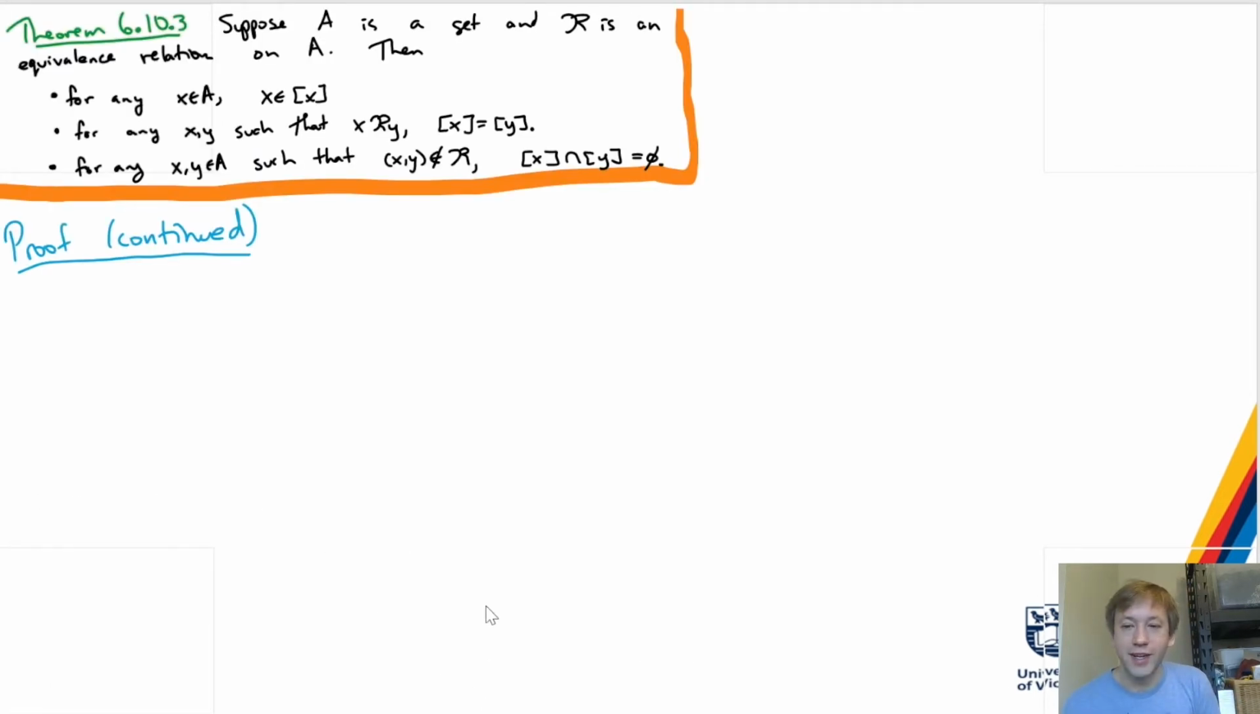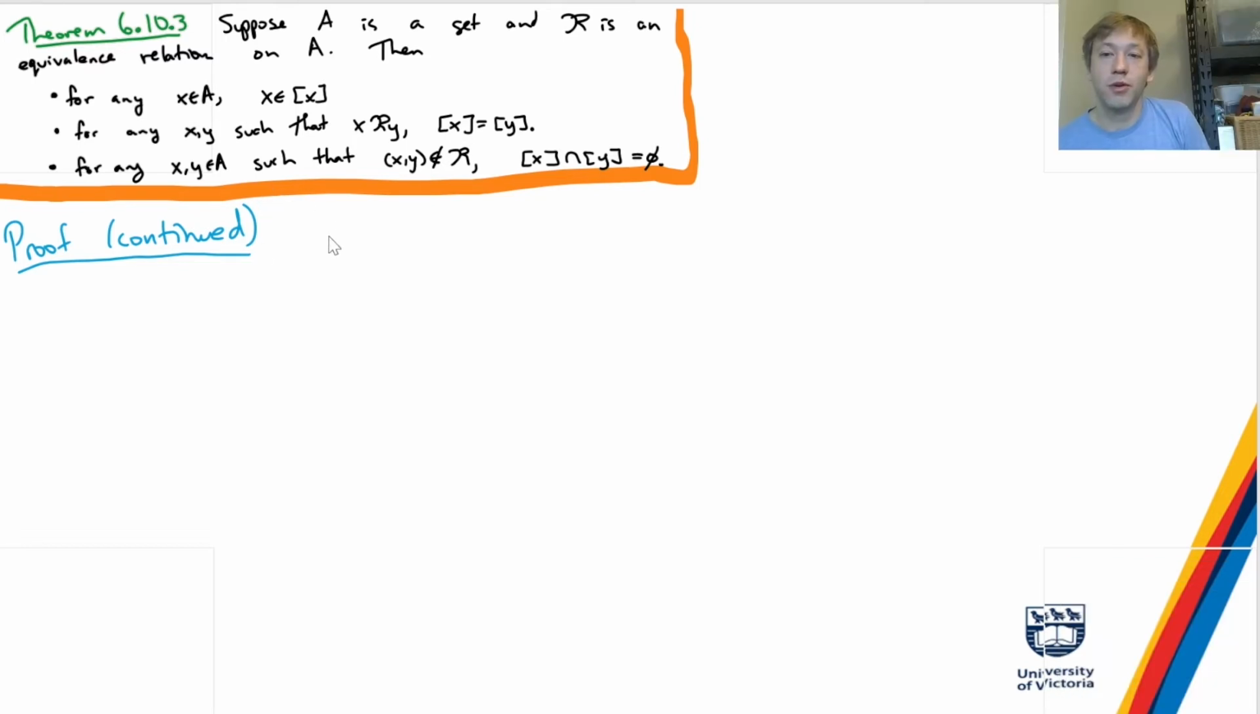Okay, so we're not quite done here. We need to prove the third bullet point. So suppose that x is not related to y, and let's prove that their equivalence classes have empty intersection. In other words, this is saying that they're disjoint. Let's actually do the contrapositive. So for the third bullet point, we're going to use the contrapositive. So we show that